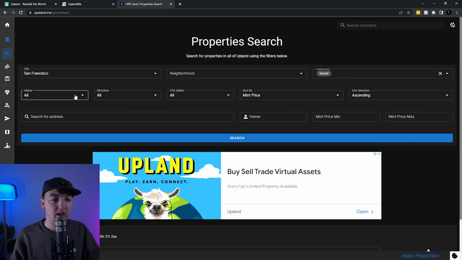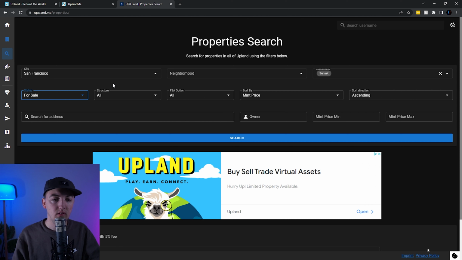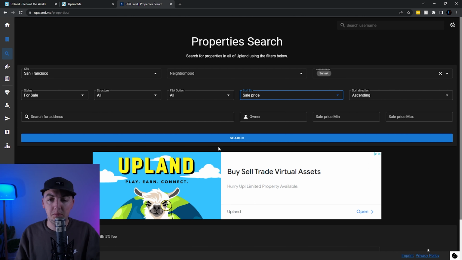Okay, and then the status, I want to compare this against other properties that are for sale. So I'm going for a competitive pricing strategy with the properties so I can sell mine faster. And then let's do sort by. So there's two ways I like to do this. One is do the cheapest markup, or close to the cheapest, and the other is do close to the cheapest sell price. So let's start with sell price. If I can be competitive there, I really like to do that one first. However, sometimes I like to do markup